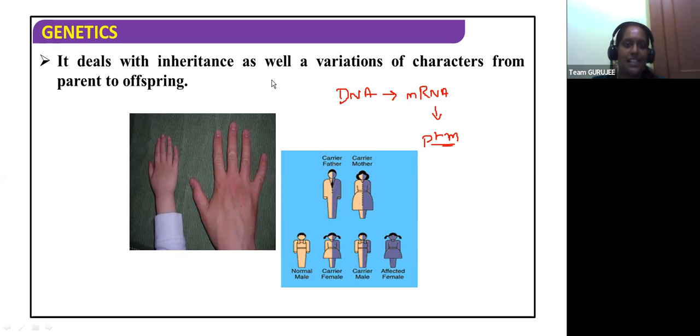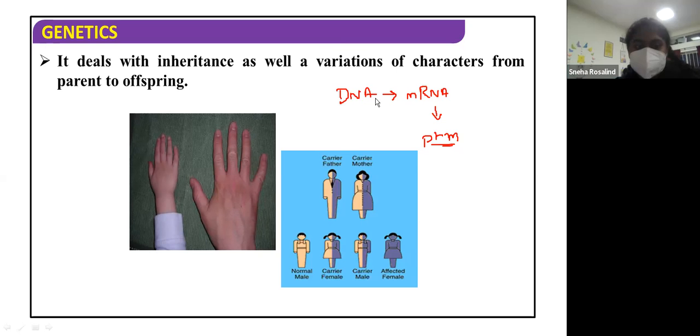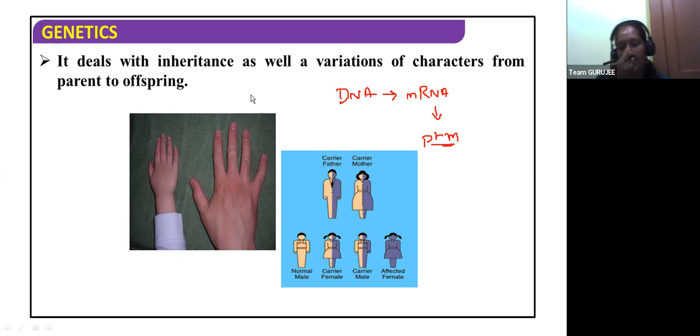Why is Sneha very quiet today? By now she would have given me some answers. Yes, Sneha. Okay. Why are you very quiet today? No, I'm listening. I'm understanding the concept. Okay, right. I just want all of you to participate in the discussion because I will know you only when you ask me questions, right? Hari, this is how we usually deal with the classes. I would like you to ask me questions now and then also.